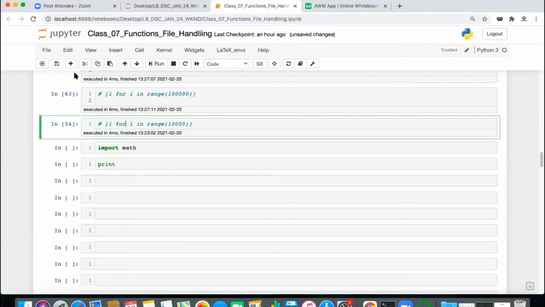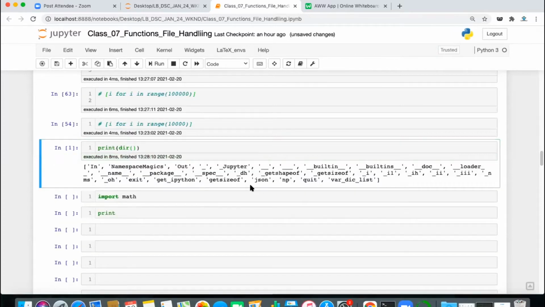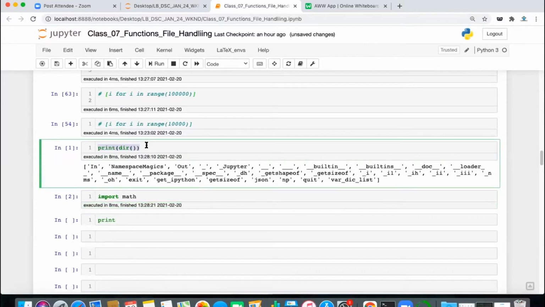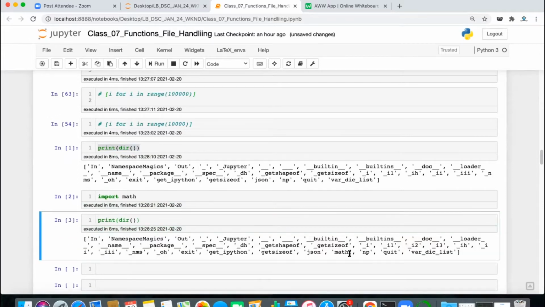So if you print the current global namespace here, you will see dir is showing that math is not available, right? But when I execute this, and then print my global namespace, it will show that math is available for us.